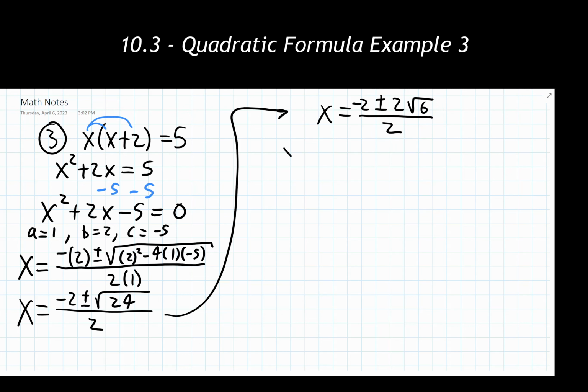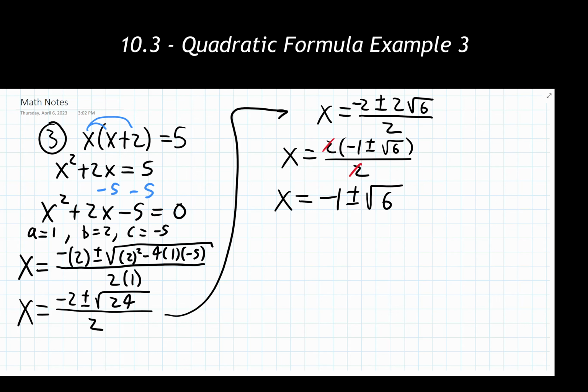Turns out that I can actually factor out a 2 from the numerator. And now that 2 out front here can cancel with the 2 in the denominator spot. So when those cancel, I'm left over with x is equal to -1 plus or minus the square root of